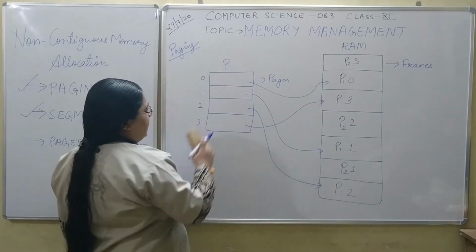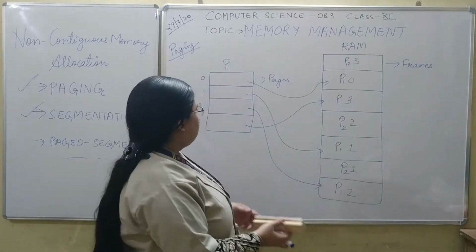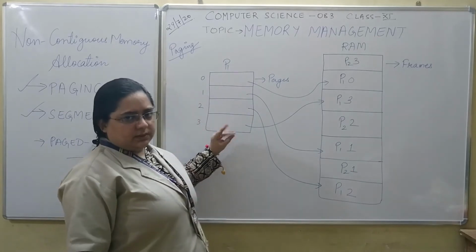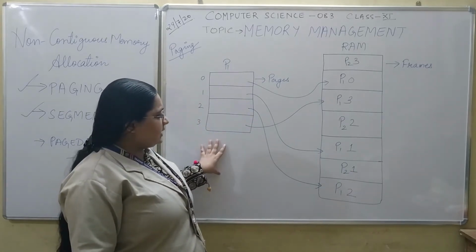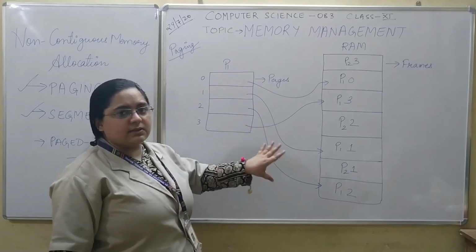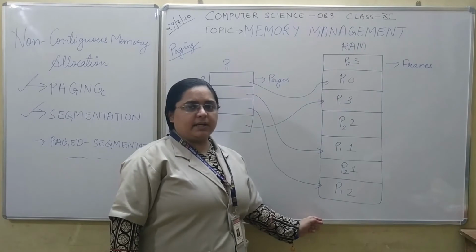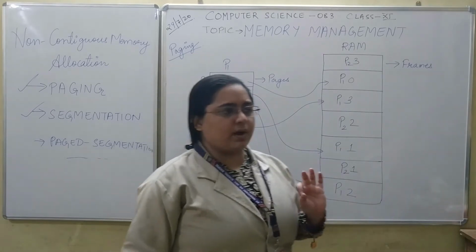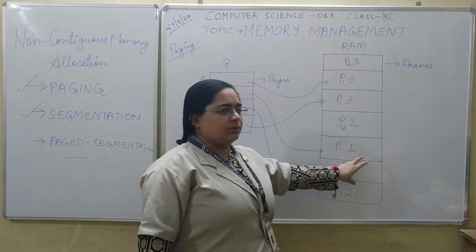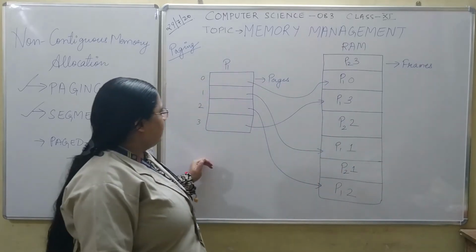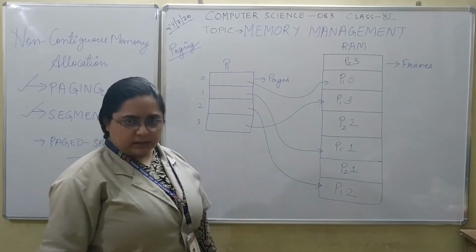In this method, it is very easy to work with a process, and it is also very easy to provide free chunks of memory to every process, because your RAM is already divided into fixed size blocks. All you have to do is just allocate one page of any process to that block. Let me tell you, page size and frame size are the same for all the processes.